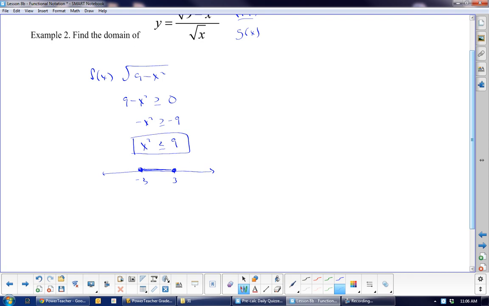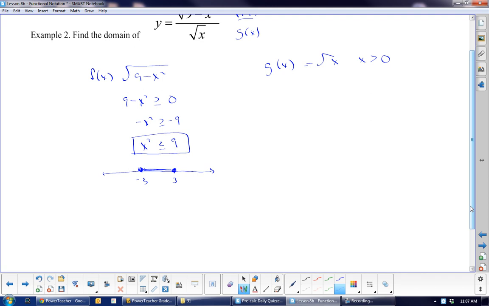Okay, so that's the domain that f of x used to have, but then it got divided by g of x. So it may not get to have all those values anymore. And that's what we've got to figure out, the intersection now. So g of x equals root x. Now, for this one, x has to be greater than 0. This one's tricky